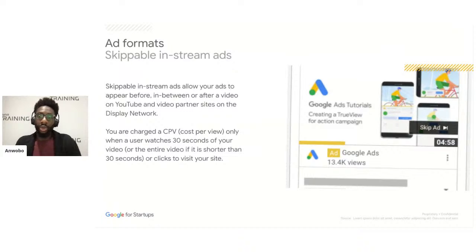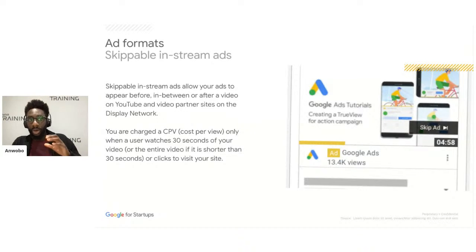Now, when you display an ad in the skippable in-stream ad format here, it's a great format from an advertiser perspective for you to use because you as an advertiser will only pay for the users who engage with the ad by either choosing to watch it or by clicking to visit your website. The users who click to skip your ad, you do not pay for them to skip that ad. We are only paying here for the view. This is what we call a CPV or a cost per view mechanism.